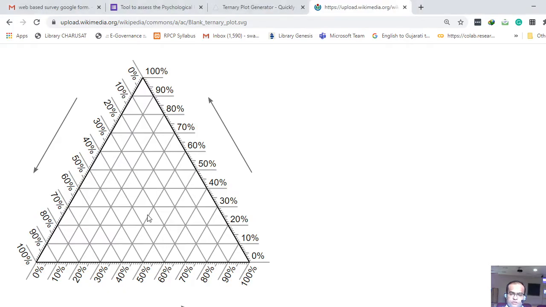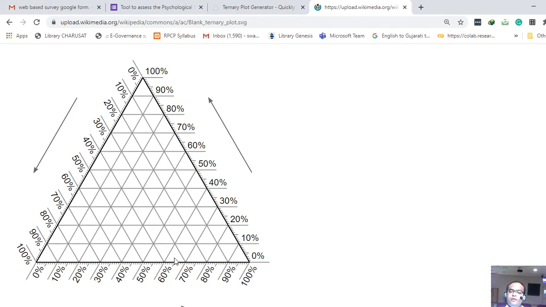Okay, so this is our typical ternary phase diagram. You may see it has three axes, and every axis is divided into equal parts. Let's say here it is shown as 0% to 100%. Now you may also draw this graph in fractions, meaning starting from 0 up to a maximum of 1. And the other way, as you see here, is in percentage, 0 to 100%.